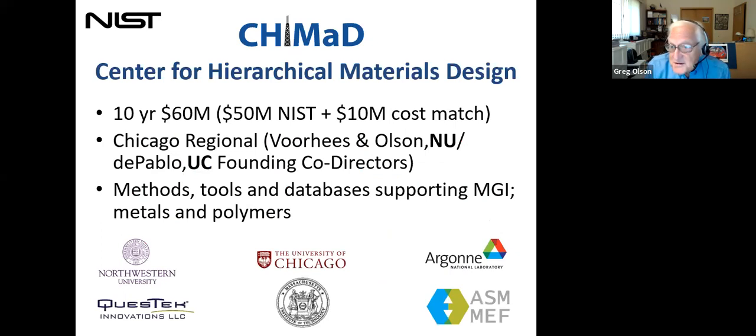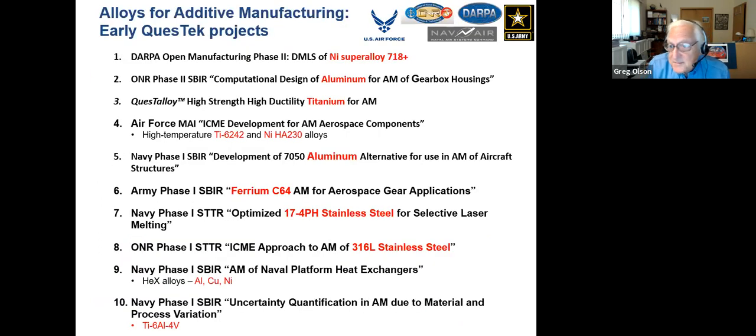Context of our ongoing university research now is the QuesTek-MIT Center for Hierarchical Materials Design that really functions as the lead research center of the MGI. It's now in its second 5 years of its 10-year plan. Within this center, I lead a subgroup on the design of new alloys for additive manufacturing. And this is something that, starting with the DARPA Open Manufacturing Program, Questek at this point has had over 60 projects of, and this is a summary of some of the early